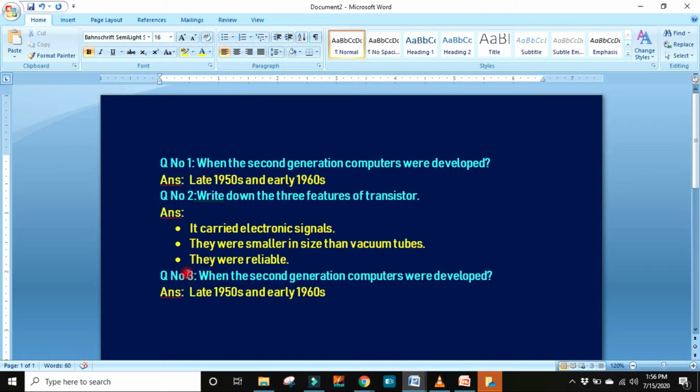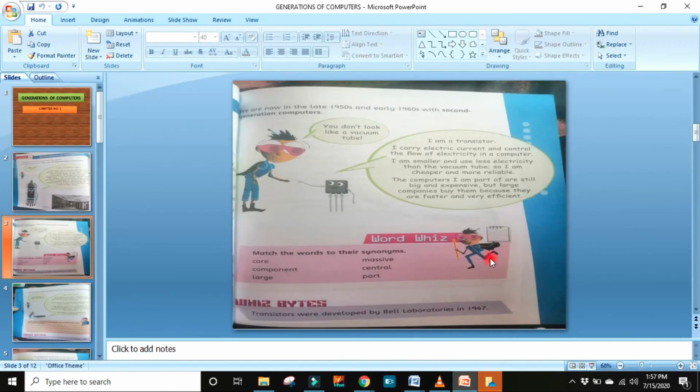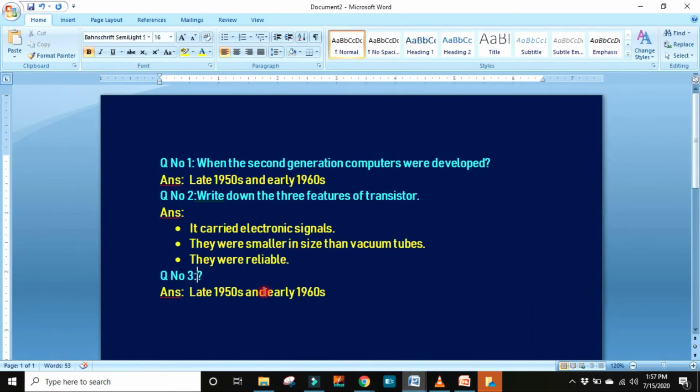Question number 3, which question can we make? Just check the presentation. The computers are still big and expensive, but large companies are okay. We can make an authentic question like,